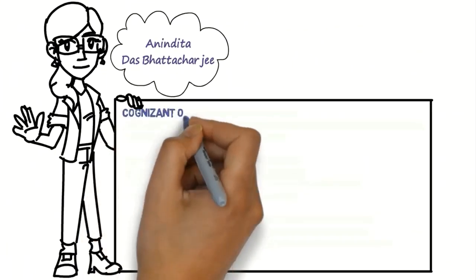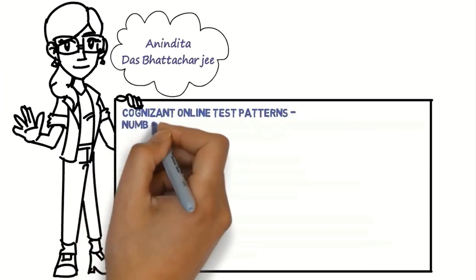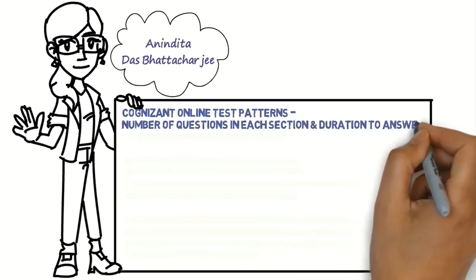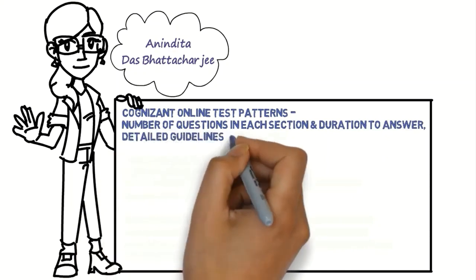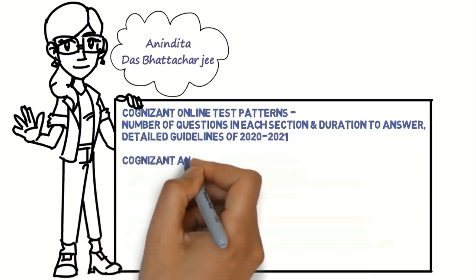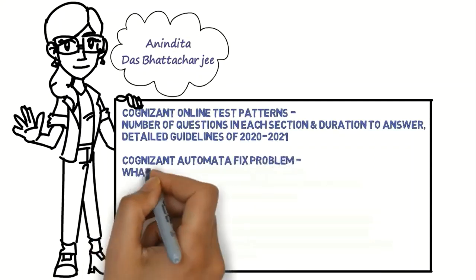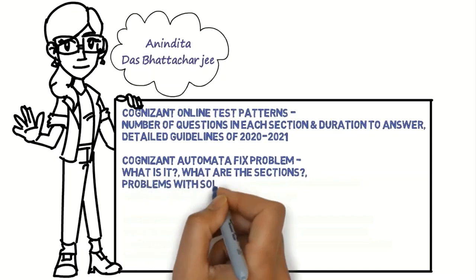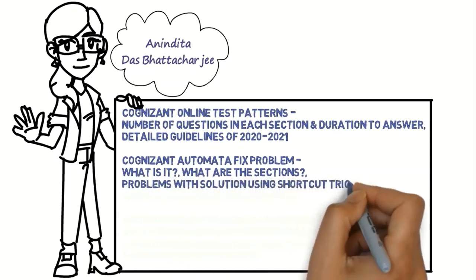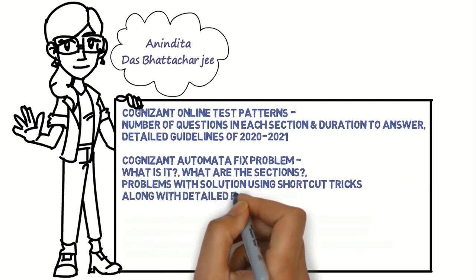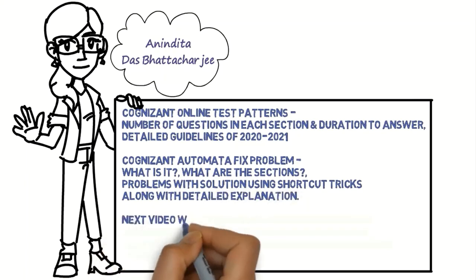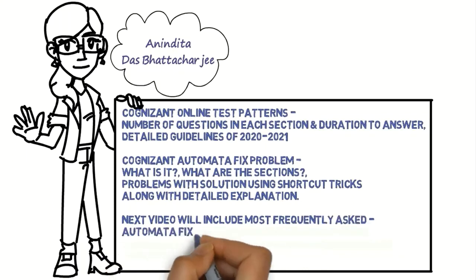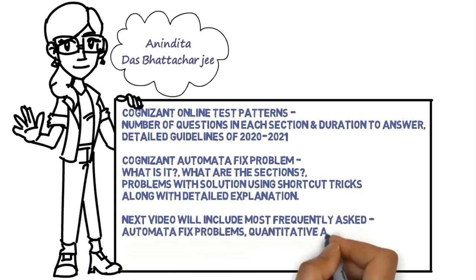This video is a must watch for all students preparing for Cognizant Aptitude exam. In this video, I will cover online test patterns of CTS, number of questions section wise, the duration to solve each of them. Automata fix problem is the most crucial as well as critical segment in CTS online aptitude test. In this video, I will solve one of the most frequently asked automata fix problem using shortcut tricks and explain